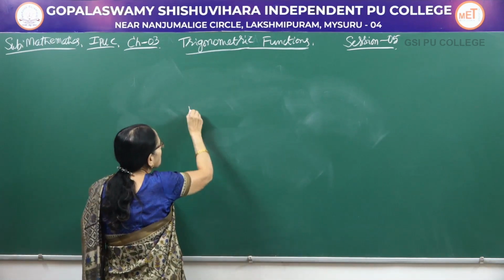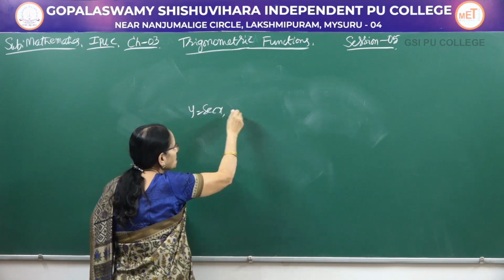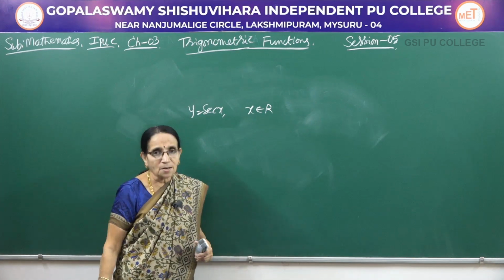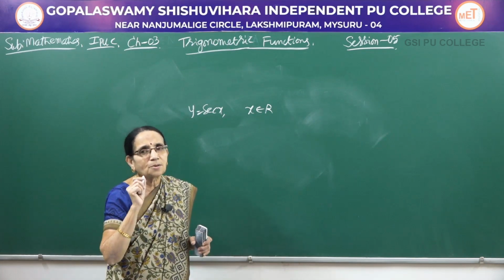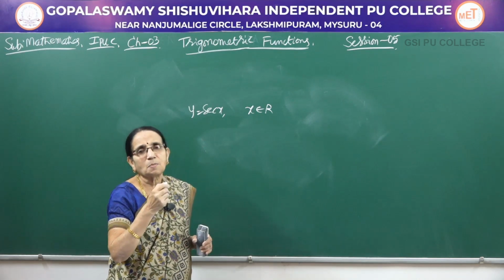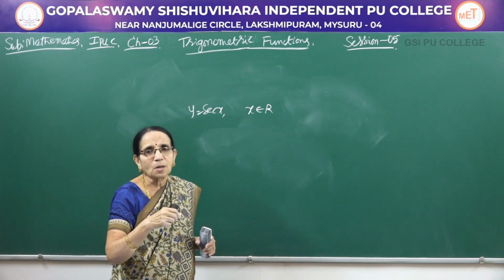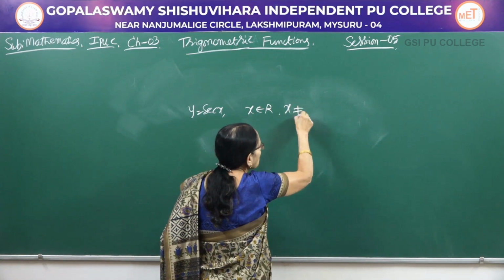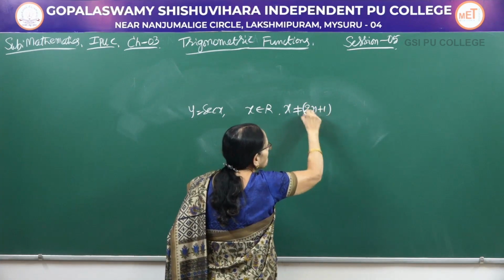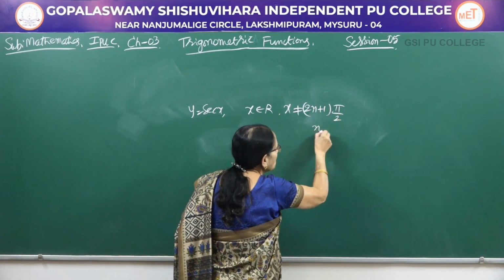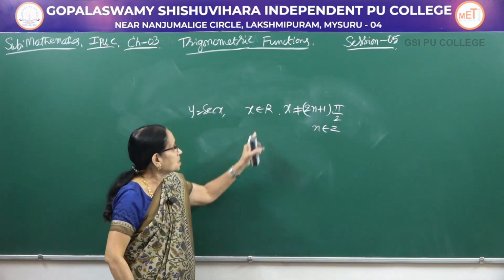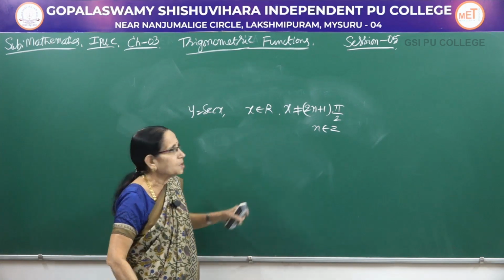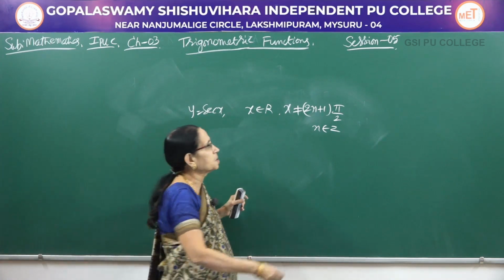Similarly, when you consider y is equal to secant x, here again first we consider x belongs to R. Also we have seen in the earlier session cos 90 is 0. Therefore, secant being the reciprocal of cos, it becomes 1 by 0, which is not defined. Therefore, again the same thing, you can write x would not be equal to 2n plus 1, the odd multiple of pi by 2, n being an integer. So it can take all the real values but for these values. So this is the domain of this one. Range is just like the previous one, cosecant x.